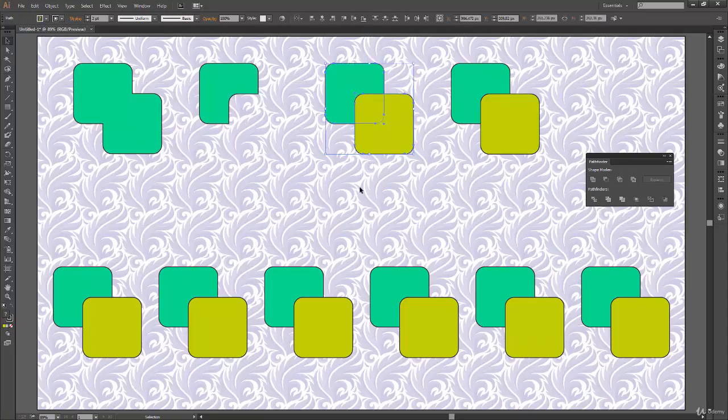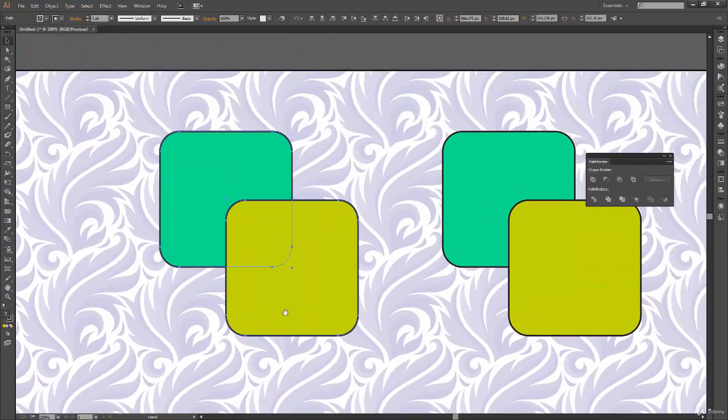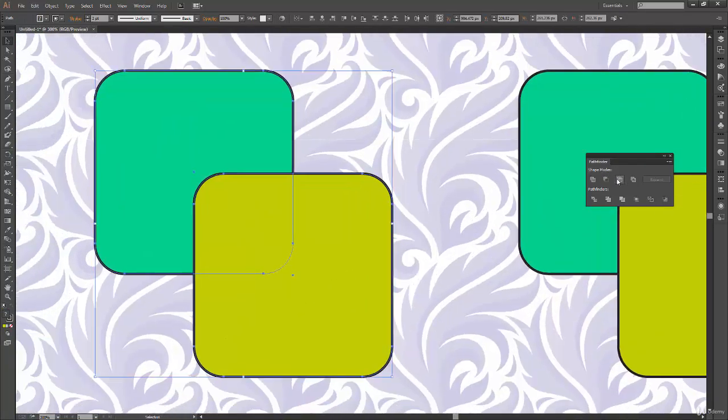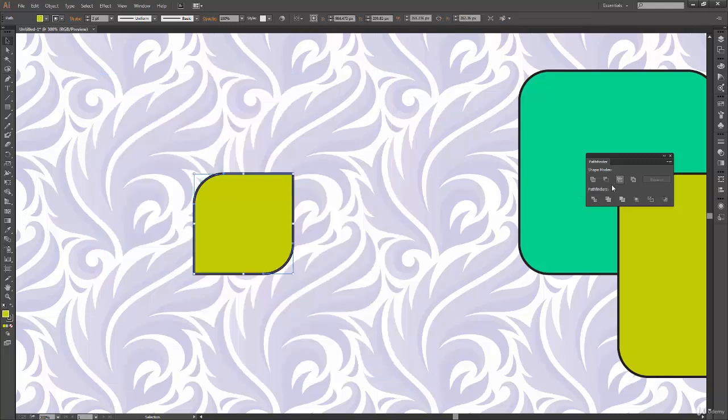So let's undo and see a little detail about this one. This shape mode actually will preserve the area which is common between two shapes, or which is intersecting actually. So this is the area which was intersecting between both these two shapes, because this was the common area. Even the green rectangle has this area, and yellow rectangle has this area. So the common area of those two shapes will be preserved, and rest all will be removed. So when we click on it, you can see exactly that is what happening.